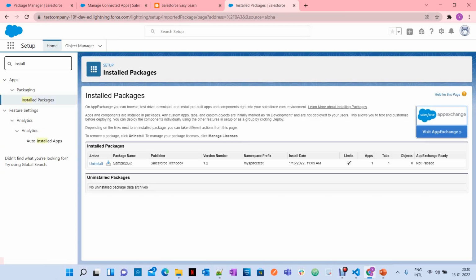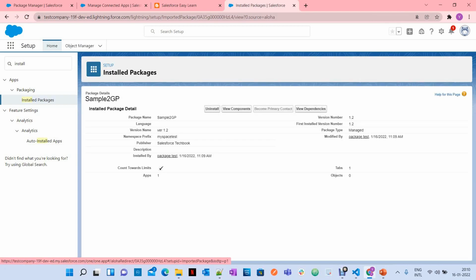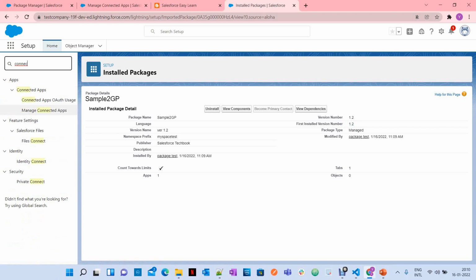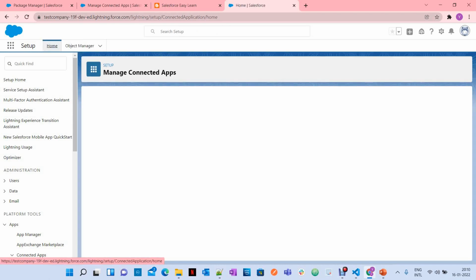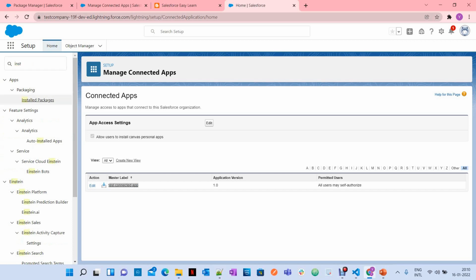Now you can see this installed package. See, you have sample2gp managed version number 1.2, right? Now let's try to see connected apps, manage connected apps. Click on this. Whether you got the connected app or not, we can see here. Or otherwise you can see under the package components. Simply see, you got the test connected app along with your components. Even you can see in the components, installed packages,